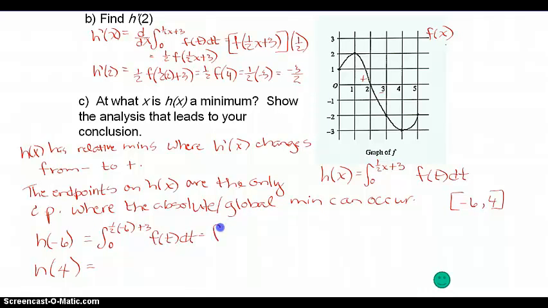So this is actually area accumulating between 0, 1/2 of -6 is -3, plus 3 is 0. So I'm accumulating area from 0 up to 0. So that's that property where I start and stop at the same input value, so that accumulates to 0. Now I'm going to compare that with what the output on the function h is at x equals 4. So I'm going to substitute in 4 for